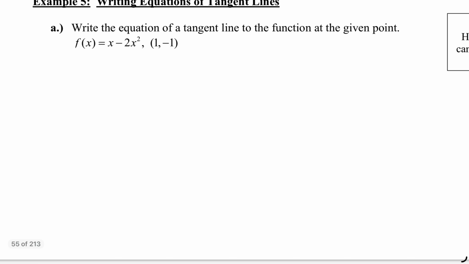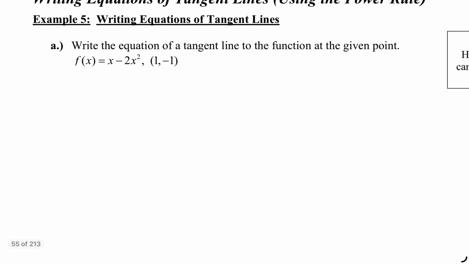So in order to write a tangent line, let's go back and think about that. We need two things. We need a point and we need a slope. Well, the point is pretty straightforward. The point is (1, -1). They gave it to us. Okay. The slope, well,